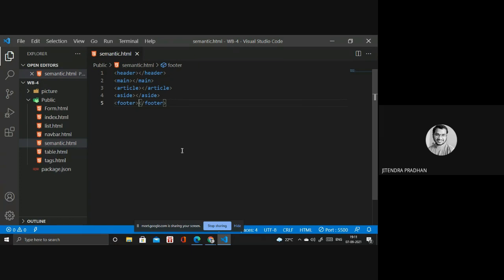We have more than that also. If you want to learn these things, you have to go to the internet, search a bit, and research on that, so you get a decent idea about what the semantic tags are. These are the tags we use. If you're designing a header, you have to use the header tag. If you're designing a main section, inside you give the article, and aside whatever is required. And if you're designing a footer part, you give the content, like register or address, whatever you need, inside that.